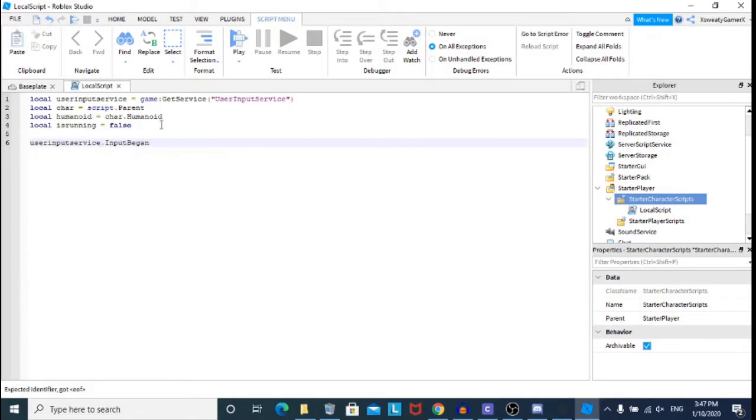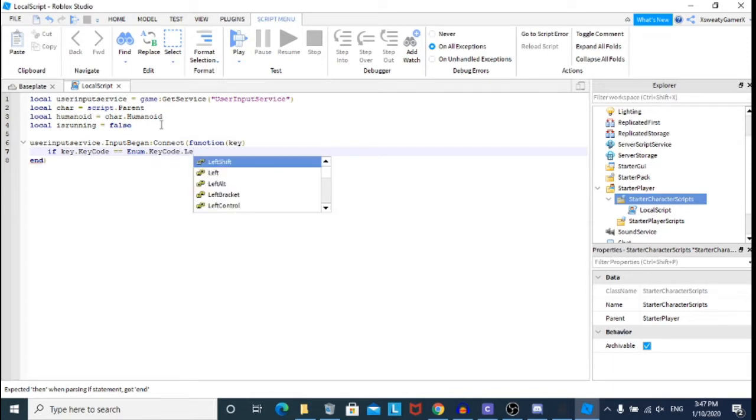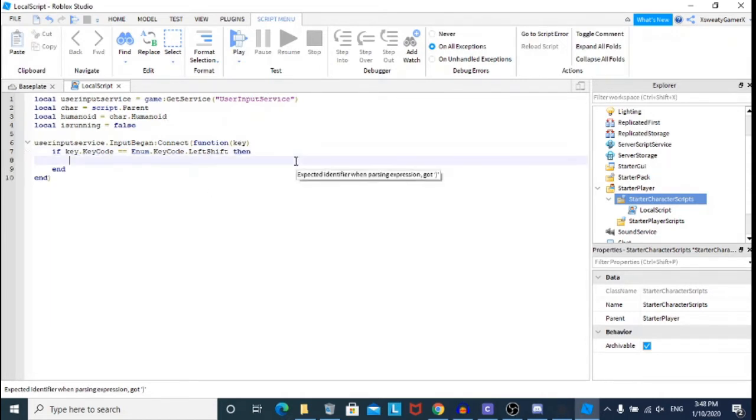Then you want to go user input service dot input began connect function. I haven't done this one on the channel, but you want to be running in key, which is looking for which key is pressed. Then you want to go if key dot keycode equals equals Enum dot keycode dot left shift. So it's pretty much saying if left shift is pressed, then